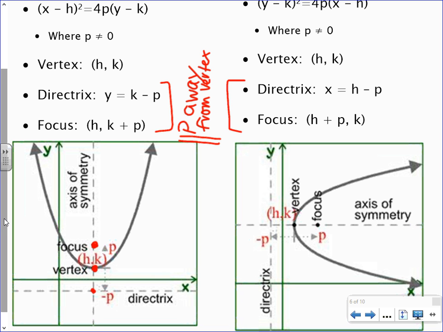So first of all, we need to look at the equation. What's different? Okay, we'll get to the coefficient. We have the y squared instead of the x. That's how we know it's horizontal. What is the coefficient going to tell us? Like if it's positive, is it going to open right or left? It's going to open right. It's going to open in the positive direction. If our coefficient is negative, it's going to open in the negative direction. So if it's horizontal, it would open left. If it's vertical, it would open down. It's just going to tell you the direction to graph your parabola. Okay,